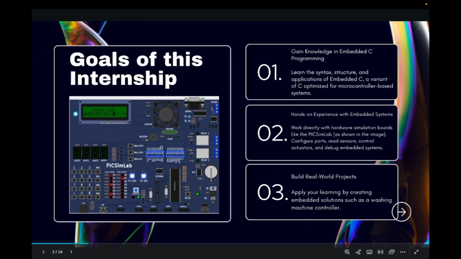The goals of this internship include gaining knowledge in embedded C programming, learning the syntax, structure, and applications of embedded C as a variant of C optimized for microcontroller-based systems, which is very crucial while you're stepping into embedded systems programming. And then hands-on experience with embedded systems, like working directly with hardware simulation boards like PICSimLab